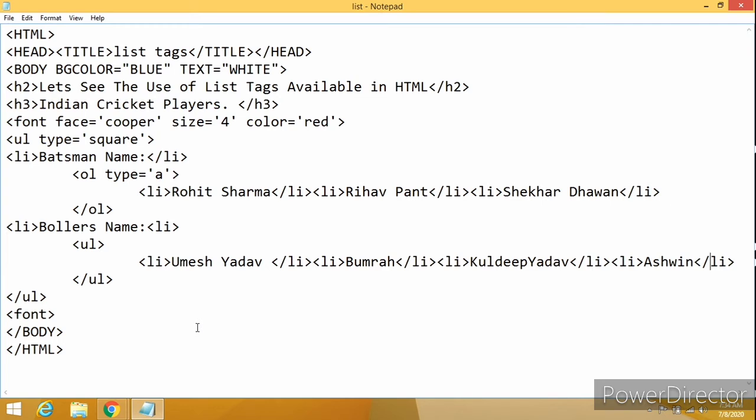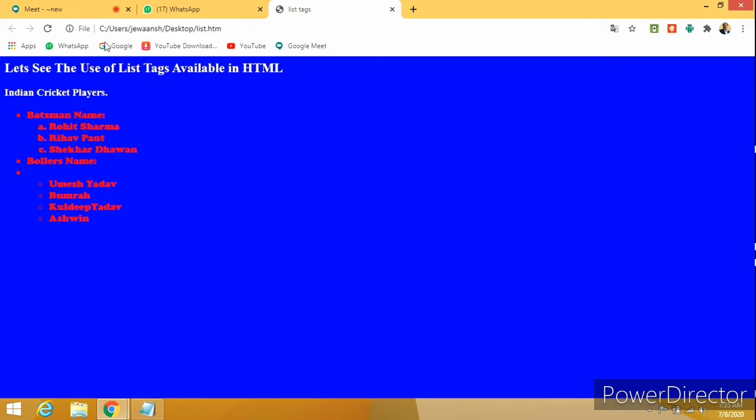So what is the reason? Let us see. ul type is equal to square, li closed. Okay, bowler's name li again. Here we haven't closed it, so here it should be closed. Now let us see once again the output.